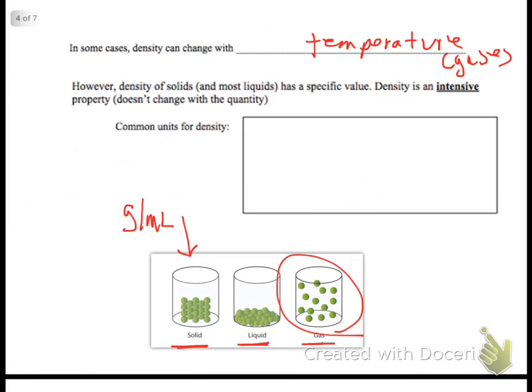Okay, so you can also imagine for a liquid or a solid, you're going to have a lot more mass for every unit of volume compared to a gas, which is why gas density is often represented as grams per liter. Okay, grams per liter, because you have a lot less of it. Okay,